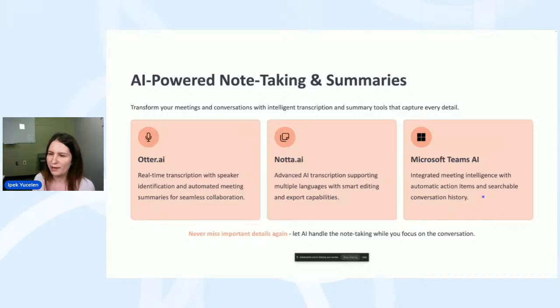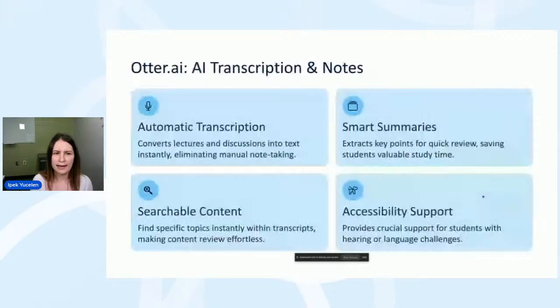And of course, now AI is also integrated in Microsoft Teams. You don't have to take notes during your meetings, faculty meetings anymore. It will just listen and summarize and give you the summary and actionable items, actually. Well, I have a subscription to Otter AI. That is what I'm going to show you today.